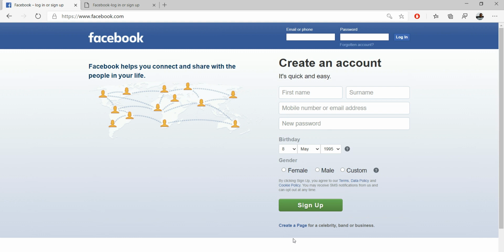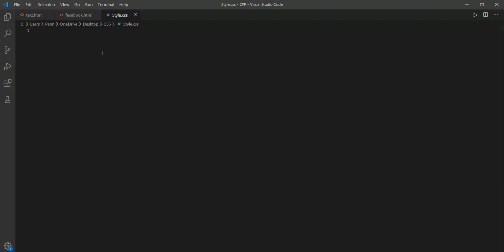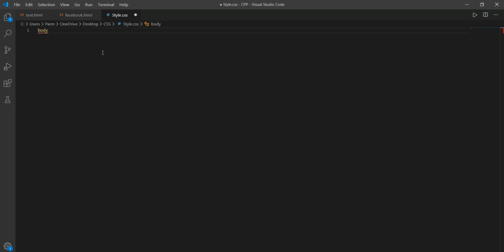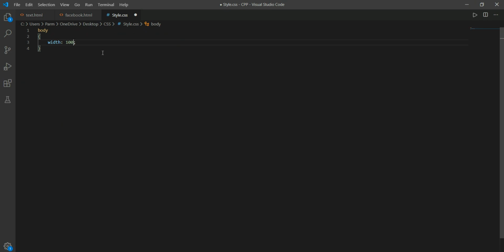So for this we will open our file style.css, and here we will write the style for body. Here we have to specify first width. So width here is 100%.